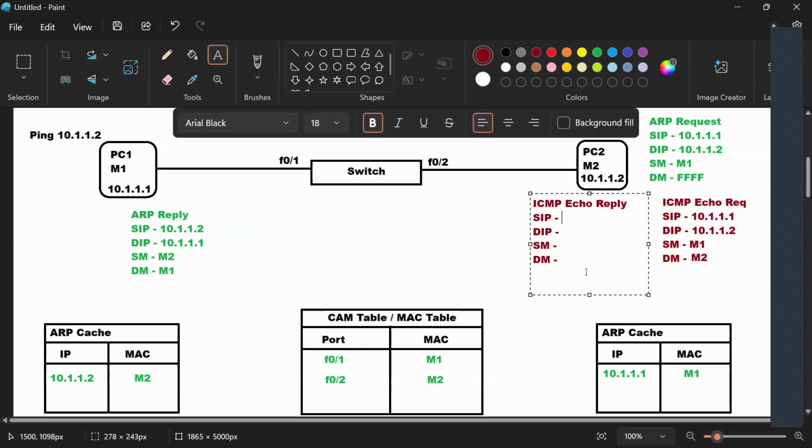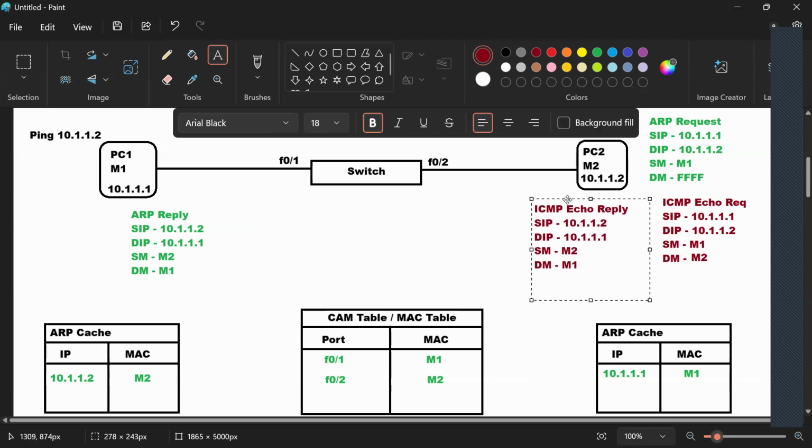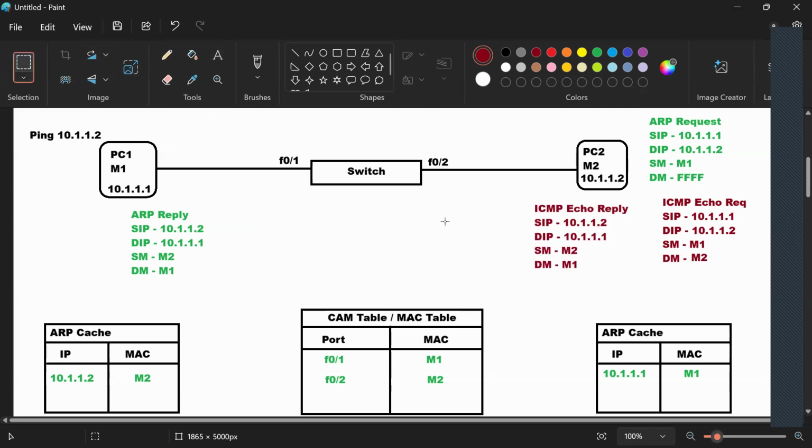Source IP 10.1.1.2, destination 10.1.1.1, source MAC address M2, destination MAC address, check in the ARP cache. That is M1. Okay. So all the information in the packet is complete. That means we can forward it.